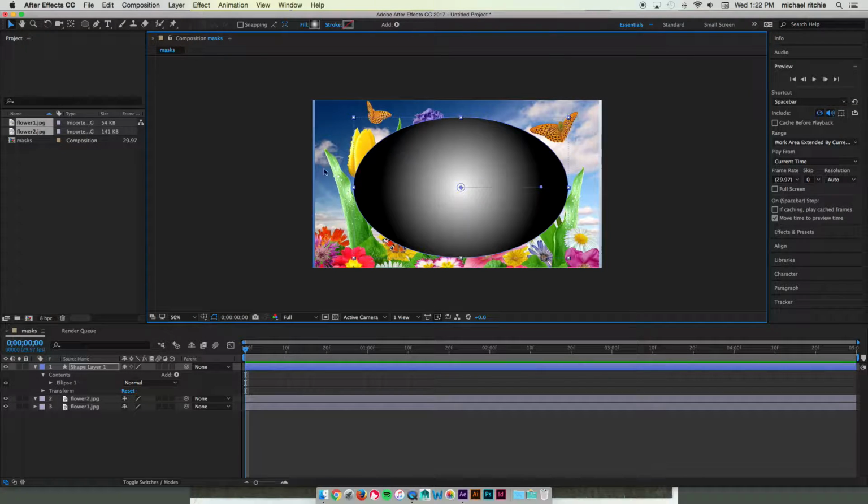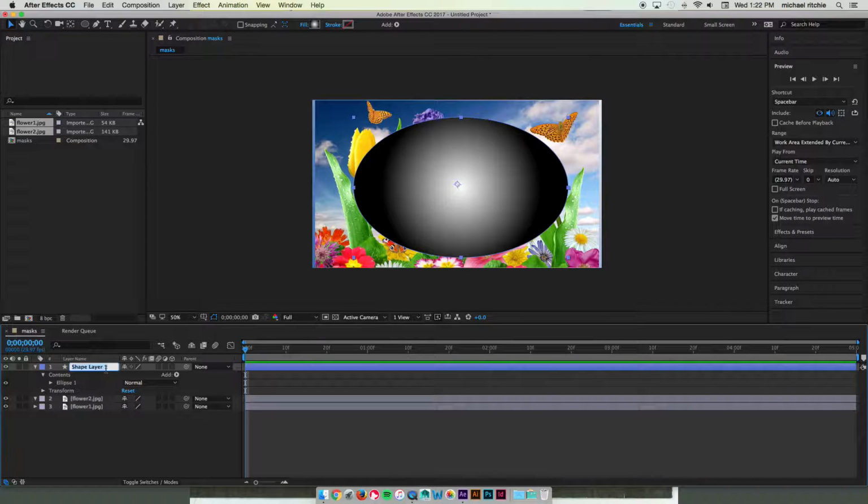Once you get your gradient set the way you want, go ahead and select your layer, and we'll rename this our track mat. So this is going to work as a mask for the layer directly below it. So with your track mat specified, now we need to find our track mat column, and you should by default be seeing what's called the switches up here. What we want to do is replace those and see our blend modes and our track mat options. To do that, you're going to go down to the bottom here and click,